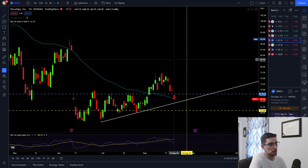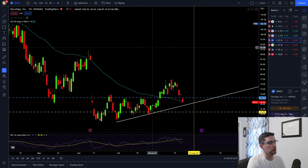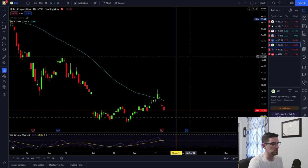It is a higher price stock, so that's why. But I also like the level of support that it's at, and I don't mind actually owning this company. I'd rather own DocuSign over Coles, so that's why I'm going to rank DocuSign first over those other two plays. It is more expensive, so if that's a little too expensive for you, I would definitely look at